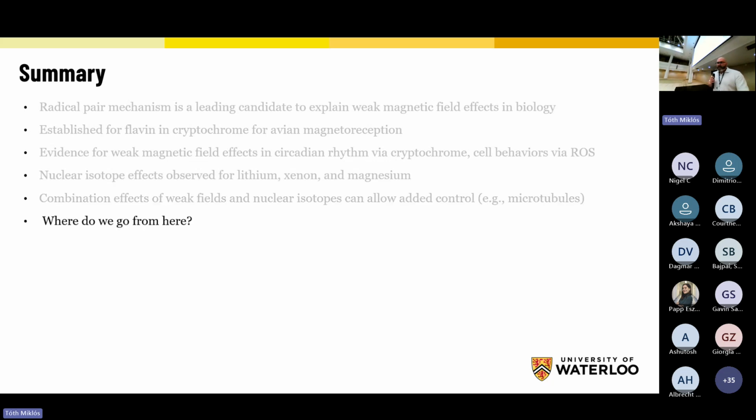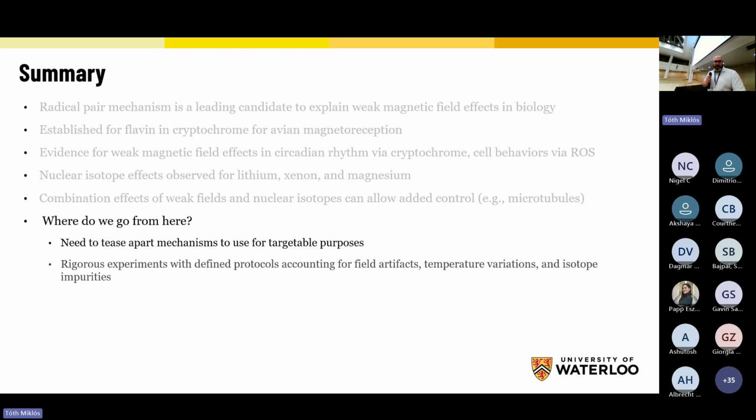So where do we go from here? I would suggest more research, obviously, trying to tease apart these mechanisms. The more we learn about the actual mechanisms, the more we can start to design treatments and diagnostics based on how they work. Lithium is a great candidate. There definitely seems to be some sort of nuclear spin based effect there, but because we don't know what the actual molecular mechanism is, we definitely need to tease that effect apart. Similarly for microtubules, as well as xenon. These are prime candidates for this nuclear spin effect that I think we need to learn more about.